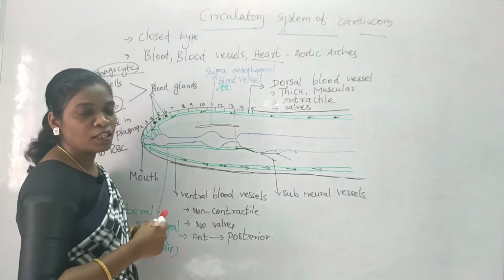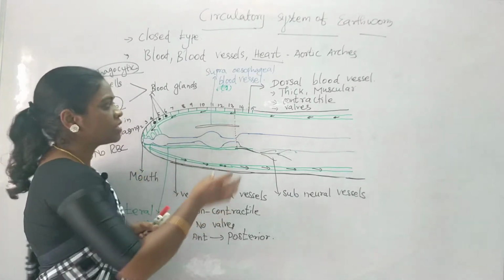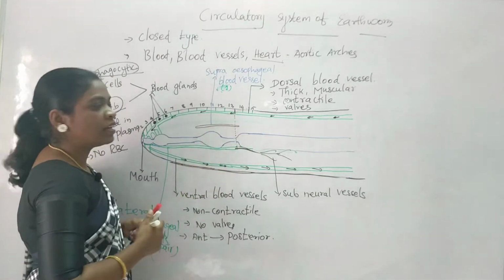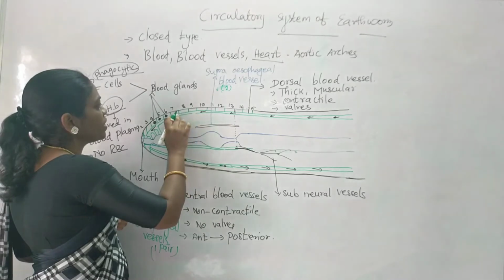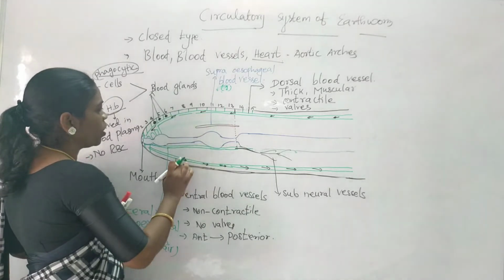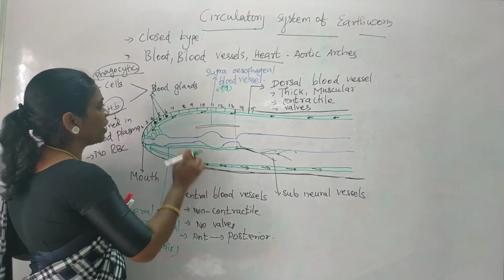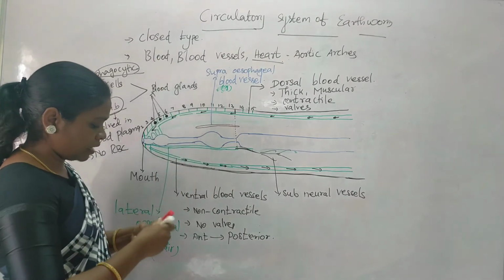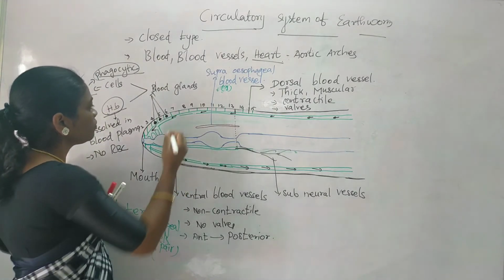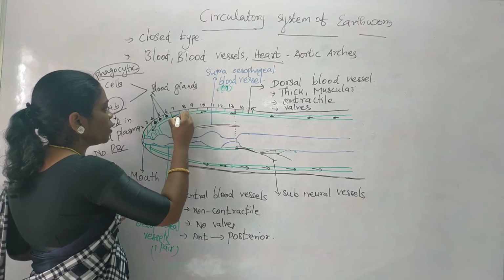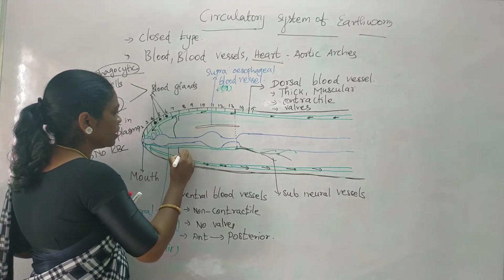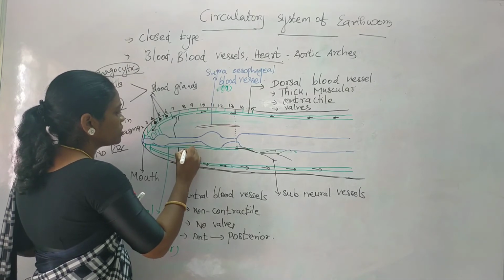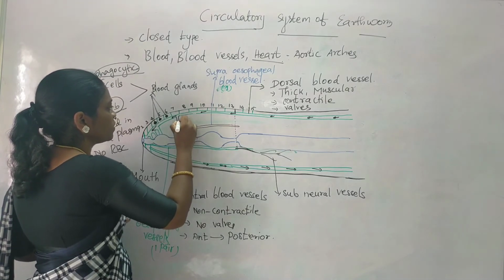Then how do they exchange the blood? With a number of vessels that are connecting both the dorsal and ventral side. We'll go with them one by one. On the 7th and 9th segment, we can find somewhat wider structures. These vessels are somewhat wider. These blood vessels are connecting the ventral and dorsal vessels.